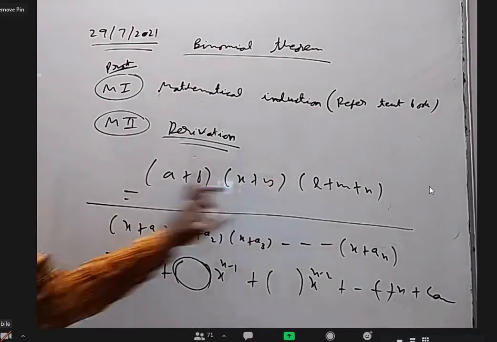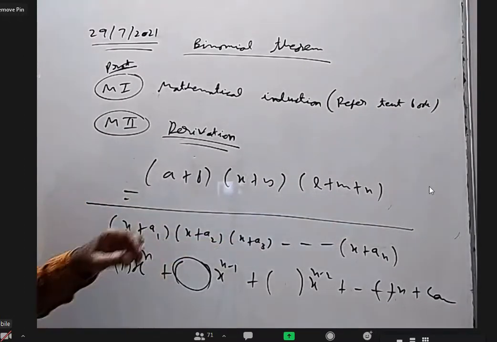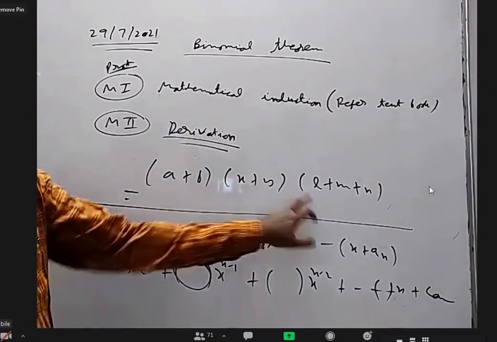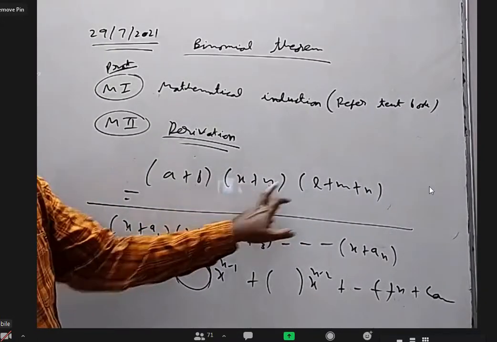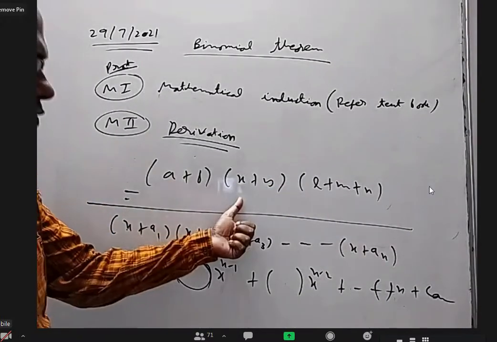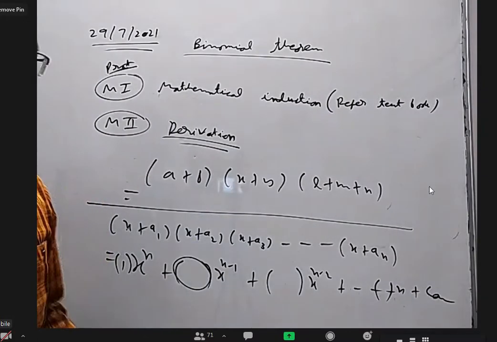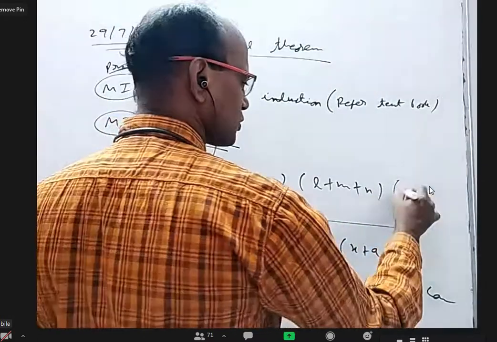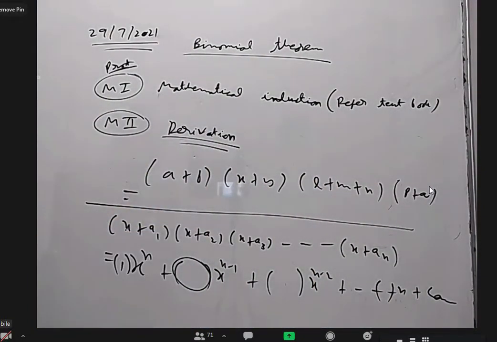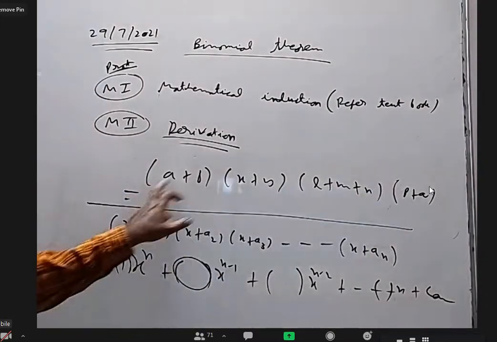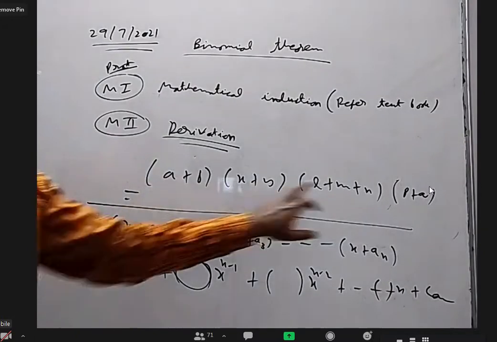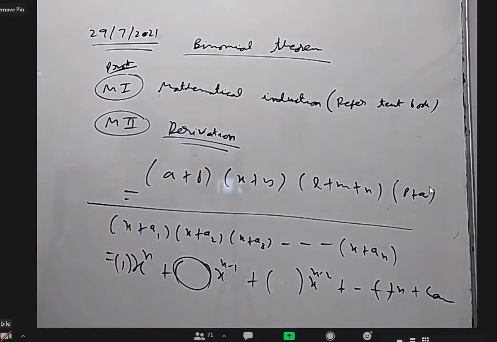So you will get AXL, AXM, AXN. Next AYL, AYM, AYN. BXL, BXM, BXN. BYL, BYM, BYN. Directly I can write all these answers, right? I don't have to multiply these two first and then multiply to this. Not required. If I have one more, let us say P plus Q, it may be lengthy to write, but each and every term I can narrate: AXLP one term, AXLQ one term, AYNP one term, AYNQ another term. Like that I can tell all the terms.